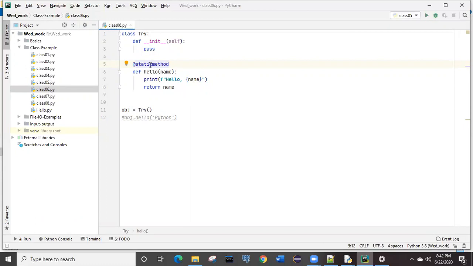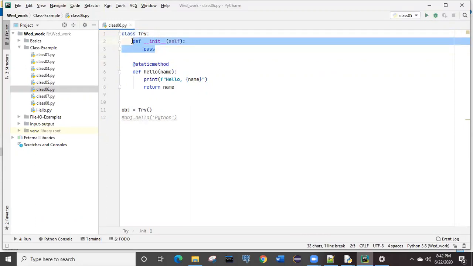What it is saying: there is a class with the name try, and this try is not having anything to it, right? So whenever an object is getting created for this try, it will not ask you for any argument for the initialization, because I have kept the pass keyword over here. Pass is provided over here means no initialization is required.